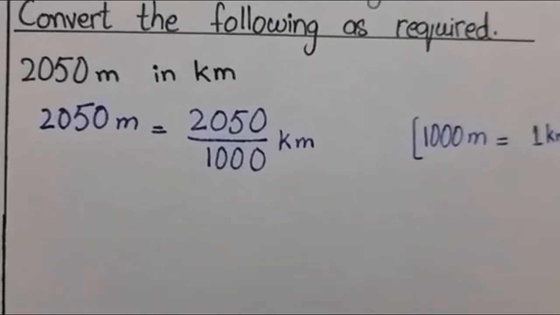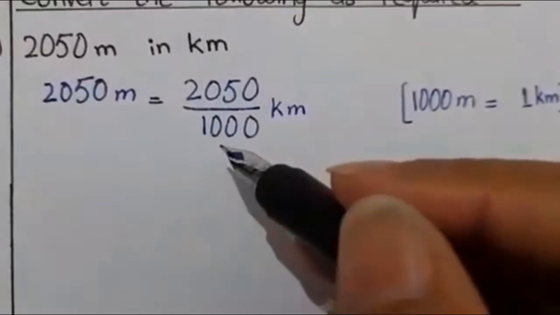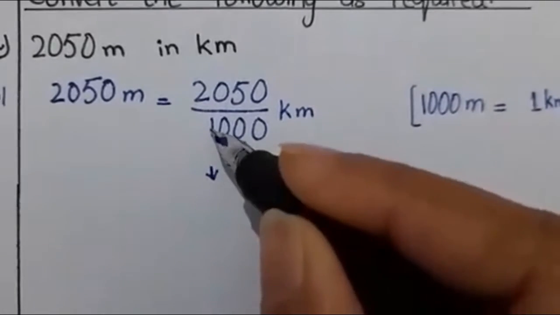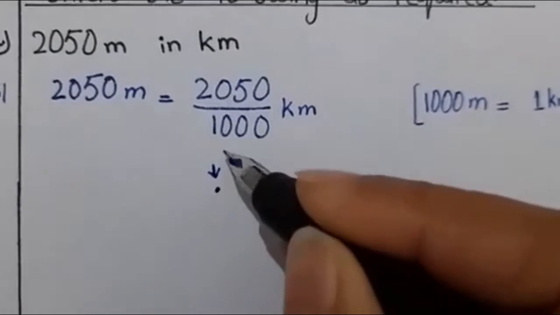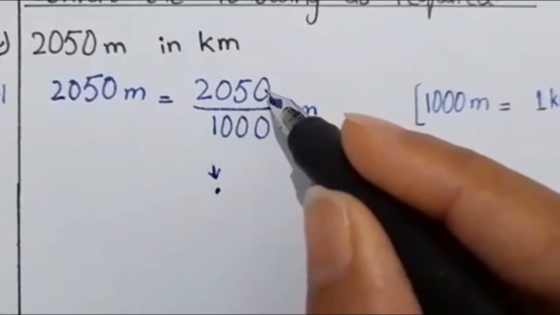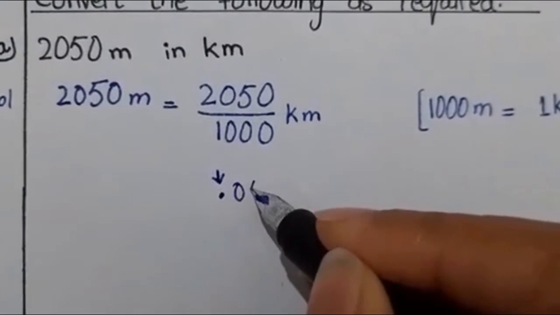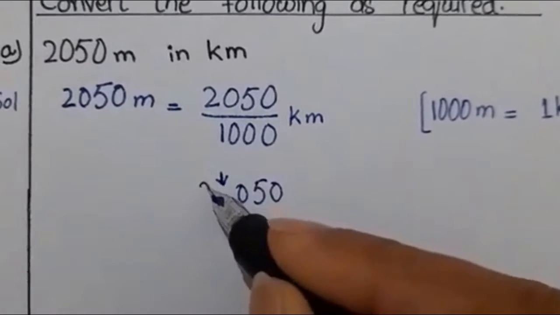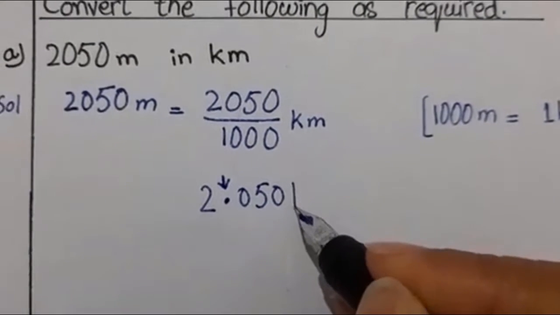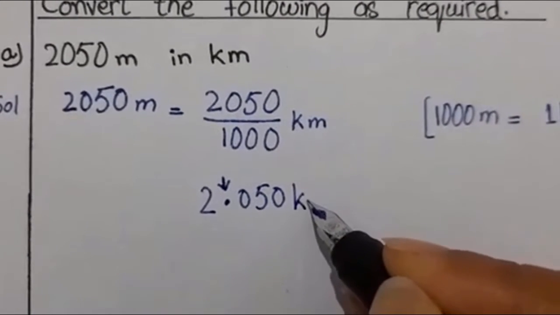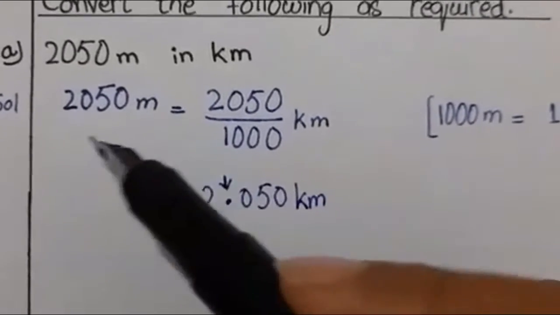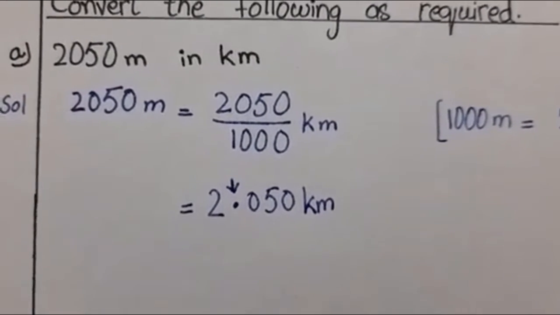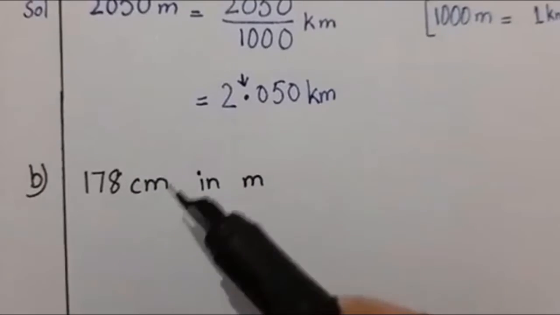Now you know there is 1 and 3 zeros after 1, 3 digits above. So you all know that when a numerator is divided by 10, 100, 1000, we can convert it into decimals. So converting it into the decimal, in place of 1, I will write a point. After 1, there are 3 digits. So the numerator's 3 digits are 0, 5, 0. And before 1 is 1 digit, that is 2. So 2.050 kilometers. Okay, 2.050 kilometers. So 2050 meters are 2.050 kilometers.